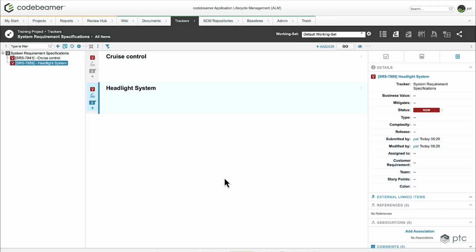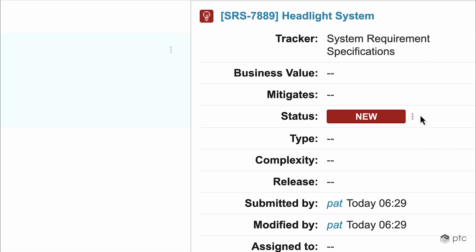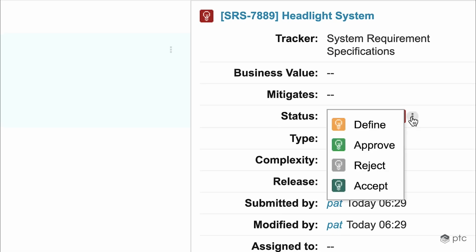In this video, we will take a look at guard conditions for our workflows. I've already opened one of the trackers that we will use today. In this tracker, we will find a new item called headlight system. The current status of this item is new. We want to move it to the defined status, but before we do that, we will set up a guard